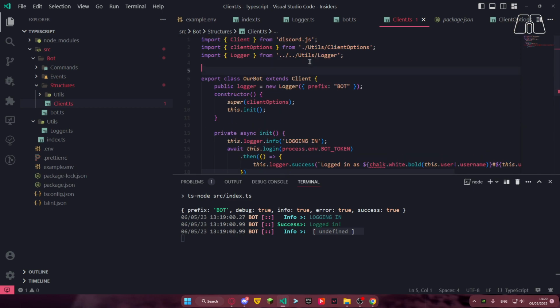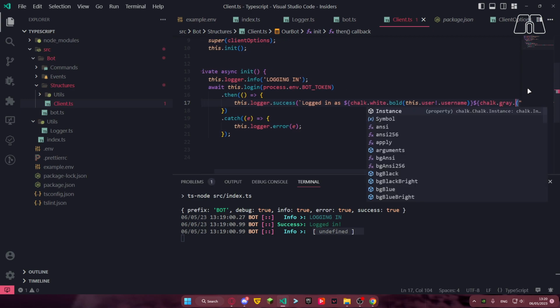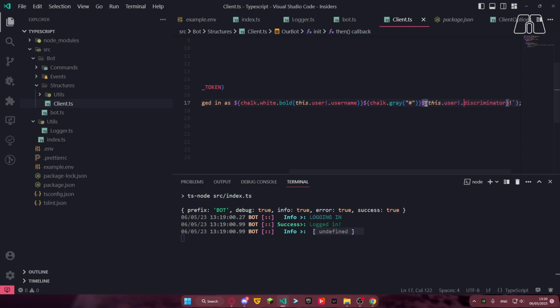Now we're going to import chalk, so import star as chalk from chalk. And now we're also going to do something like that on this thing. So chalk gray, and the discriminator chalk gray bold. So now if we run it,